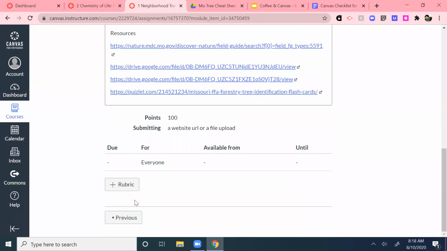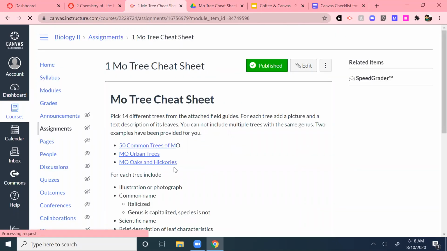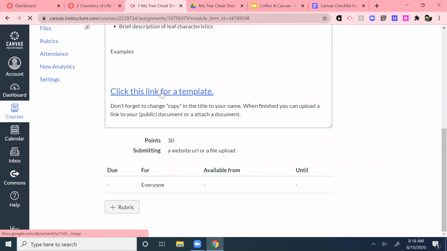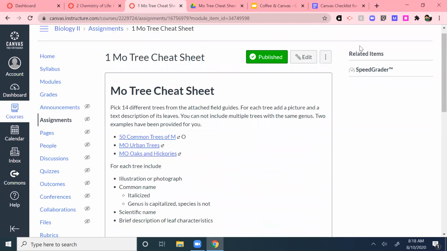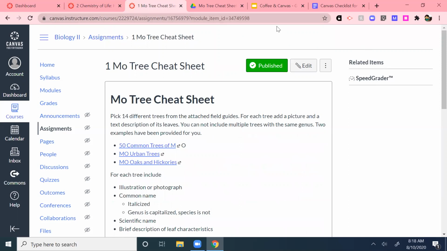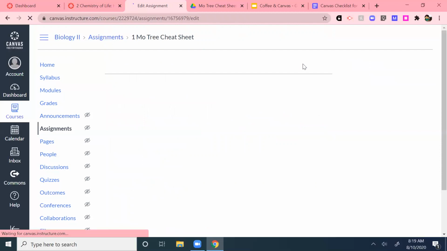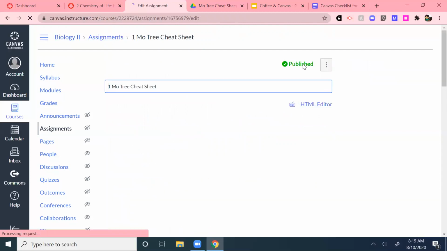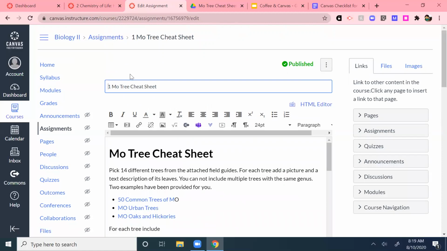I will go back so everybody knows what we're talking about. I think I know what you're talking about. Do you mean this click a template? Okay, so up at the top for assignments or pages, the pencil usually tells you to edit. So I'm going to click on that. If it was blank and I just opened this page, I would still have that edit, and that's where I would go first. And then I type in the title, and I type in my words,